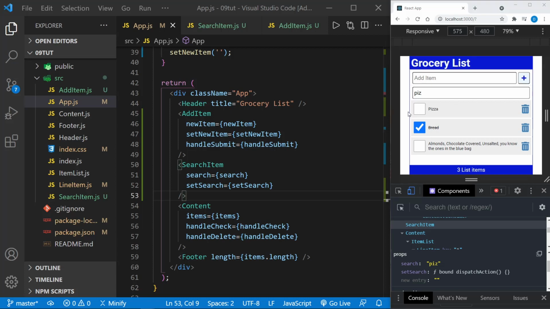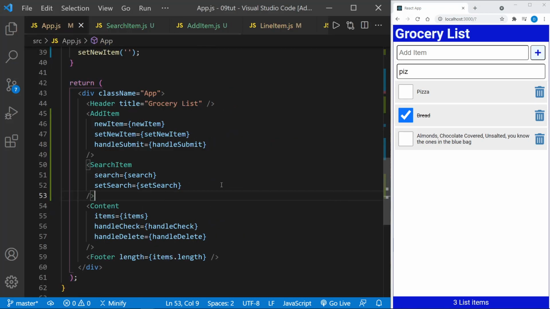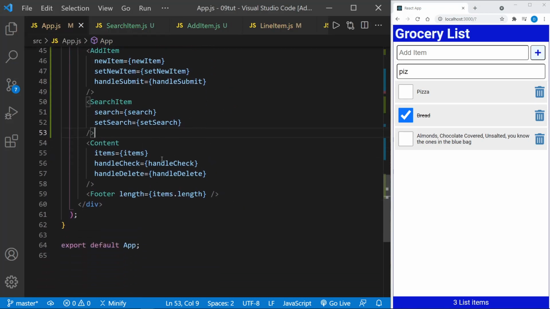And now that we have the search state, I'll go ahead and close the dev tools once again, and I'm going to press Control B to see more of the code. And now we can filter the items that are passed to the content component, and that will essentially apply what we type into our search box, and it will filter the items to that. So let's do this with the higher order function filter. So instead of just passing in the items, we want to pass in